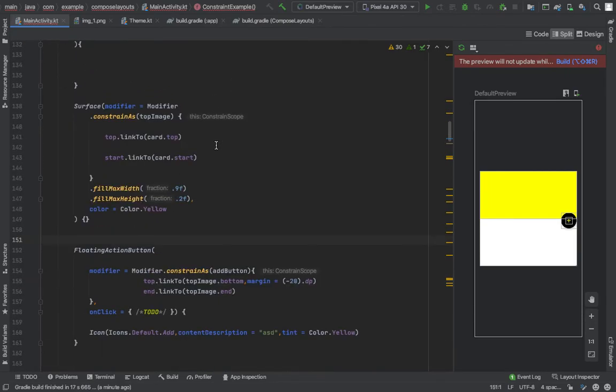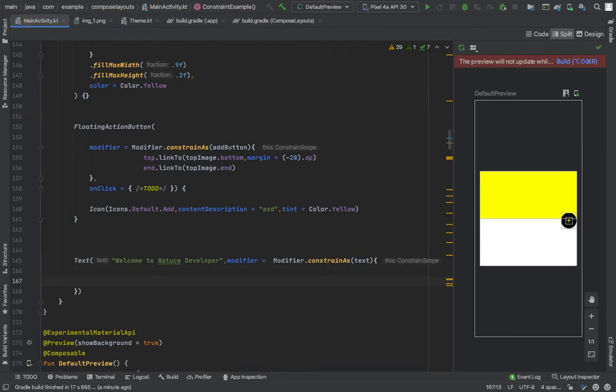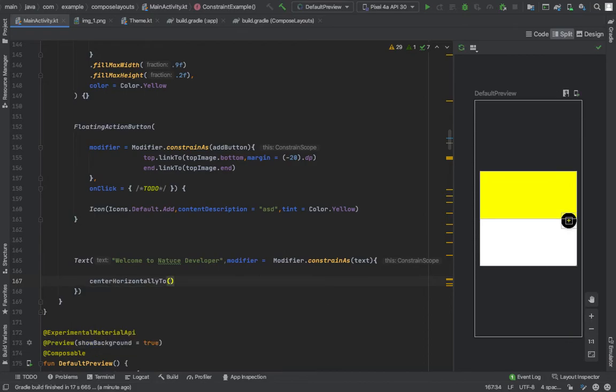Okay, now we want to align text below the button, so first we want to make it center horizontally to our card as our first constraint. Then we want to make it below the add button.